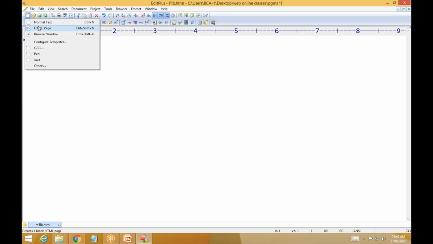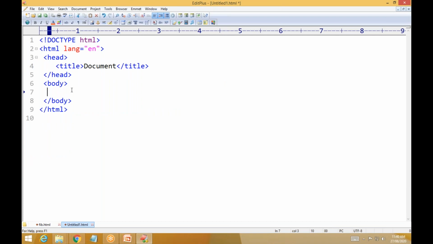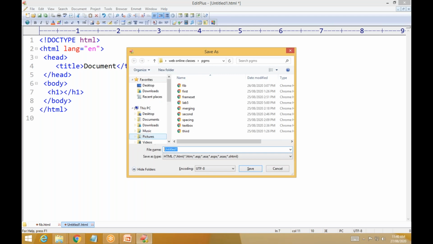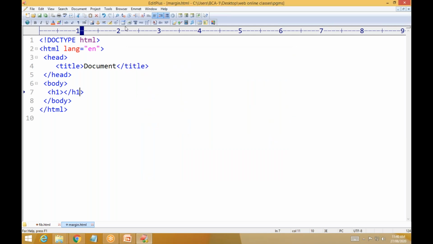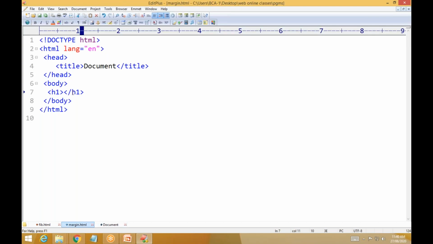I'm writing one simple text here, like h1. Writing 'I am h1', then save. It is called margin.html. Then I want to execute this. It does not display anything because I didn't write anything. So this is 'Welcome to margin'. Now save and execute this.